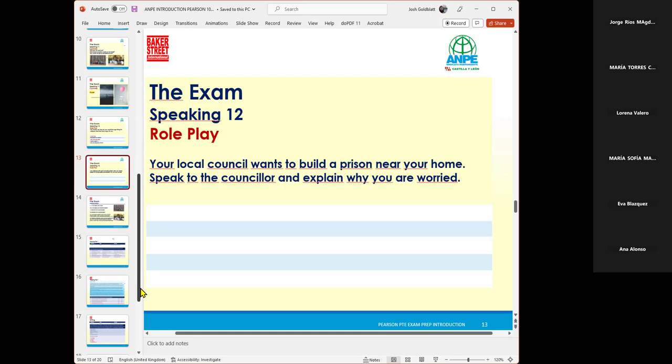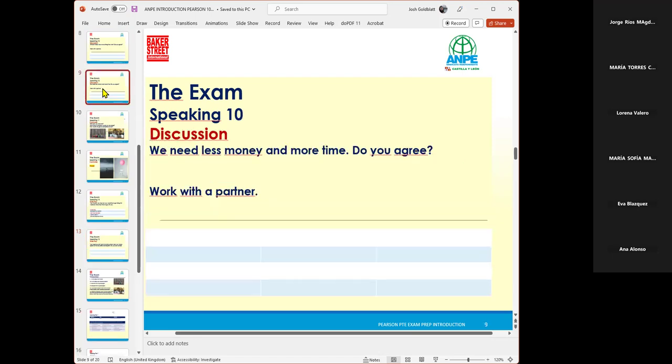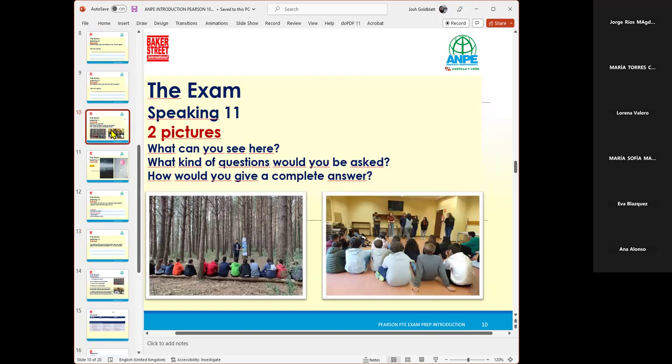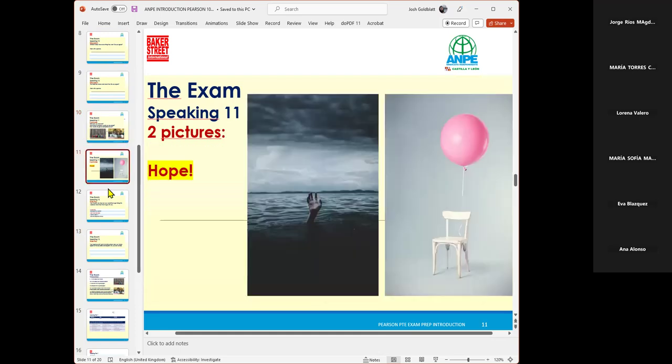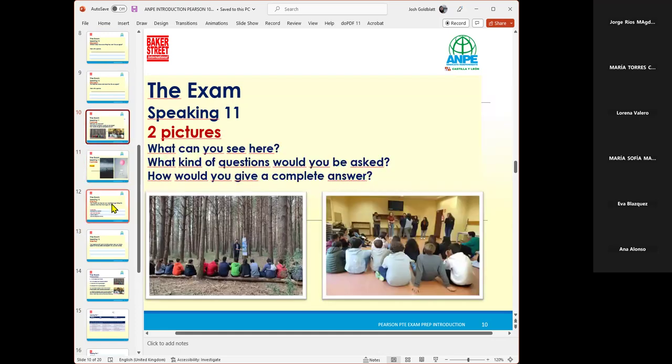Excellent. So absolutely fantastic. So our role play, our discussion, remember at the beginning, when you give your argument, I give my argument, you give a second argument, I give an argument, you give a third argument, I give a third argument. Fantastic. Pictures, description, 1 minute, analysis or opinion, 1 minute. Perfect. That was the difficult one. That was the easy one.